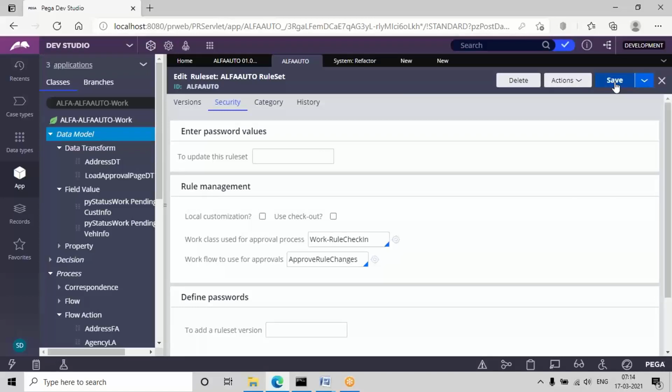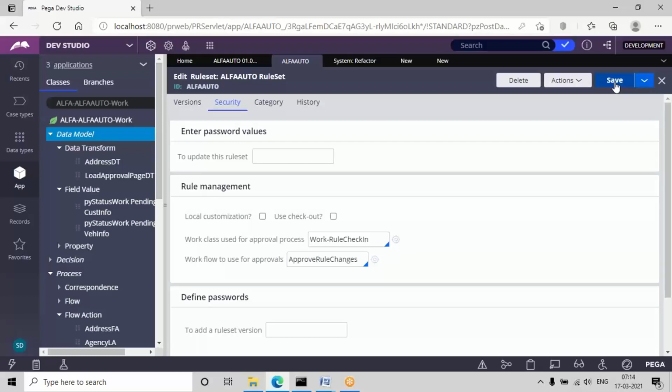Again, I told you about the packaging process in the beginning, right? You can do it once you complete all the rules in the application. At the end of the application, you can take a backup, like a packaging. At that time, you can directly choose the latest rule set version, the skimmed version. No need to choose all the rule sets, or all the versions, at the time of packaging. Suppose 010201 is the latest version, then we have to choose that.